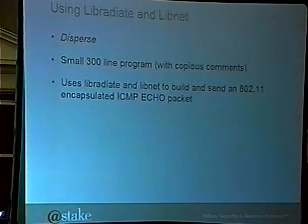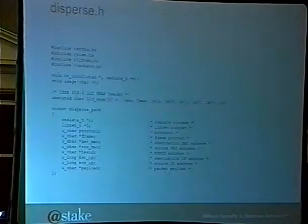So using these two guys together, we're going to build a small program called Disperse. Disperse allows you to send out an ICMP echo packet using 802.11 as its link layer protocol. Small program, 300 lines with a lot of comments. By the way, this is also distributed with the 0.3 version of Radiate, which you can get from the website, which I will give at the end.